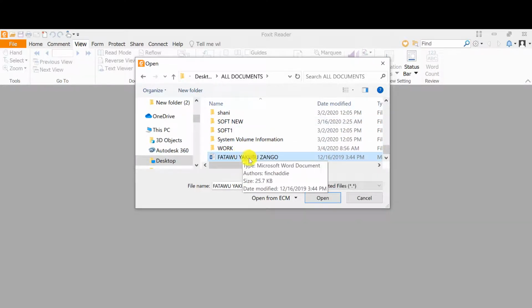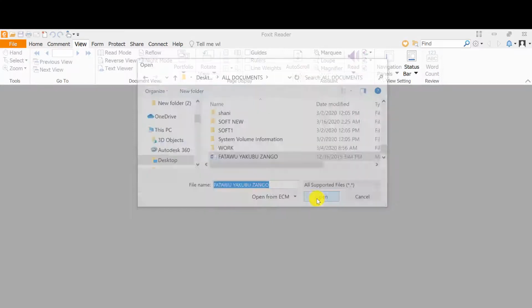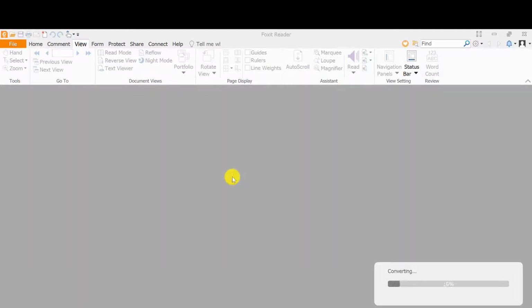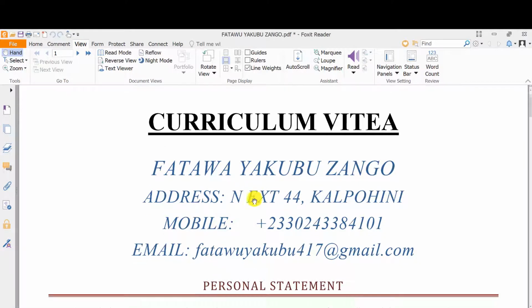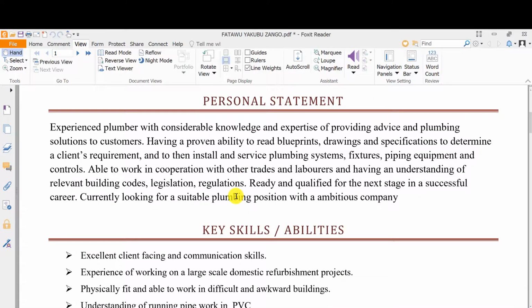So I'm going to select Fatau Yakubu. I'll open it. You see, you can see converting. It's about 25%, 30% converting the Word file to PDF. So this is finally the PDF. This is somebody's curriculum vitae.